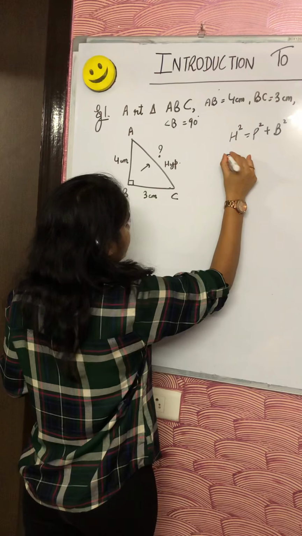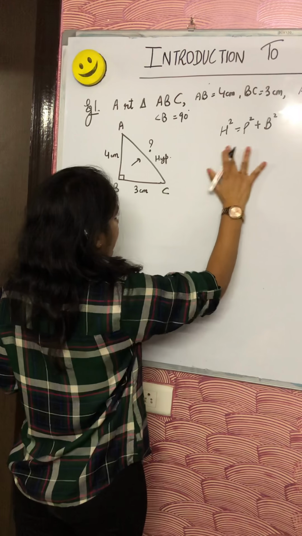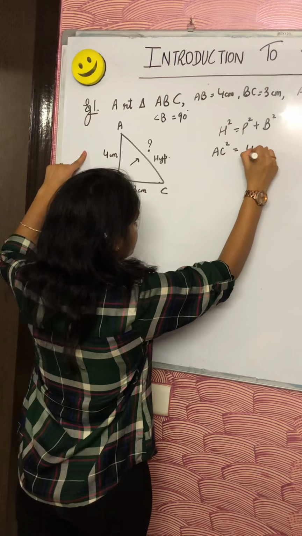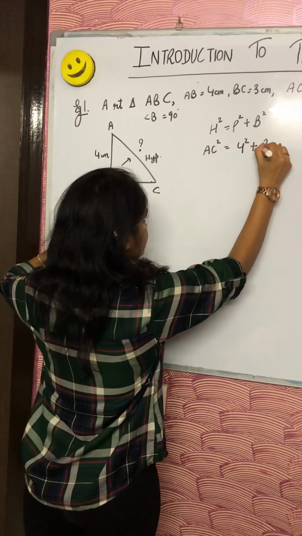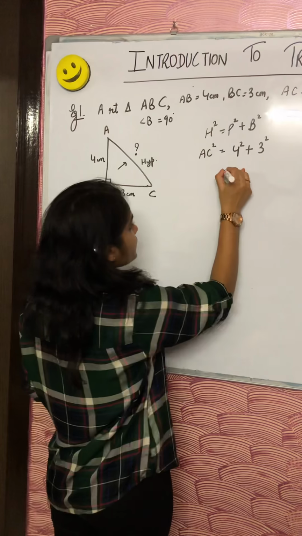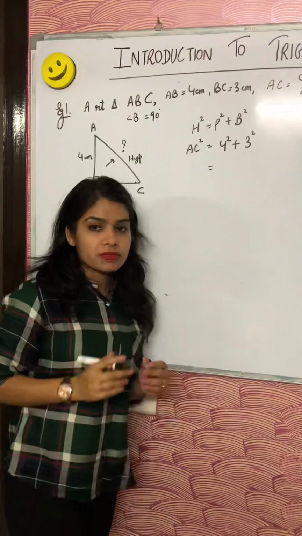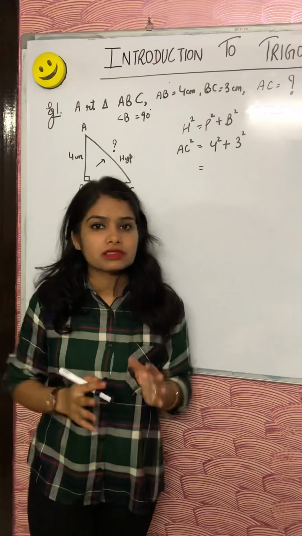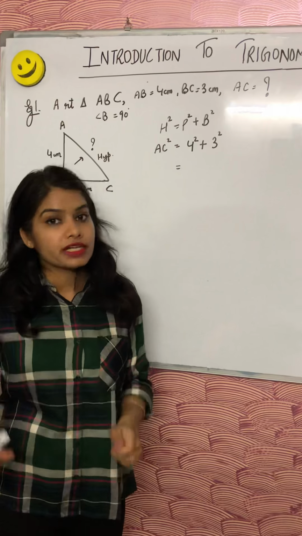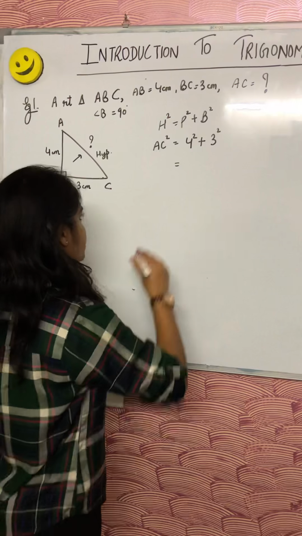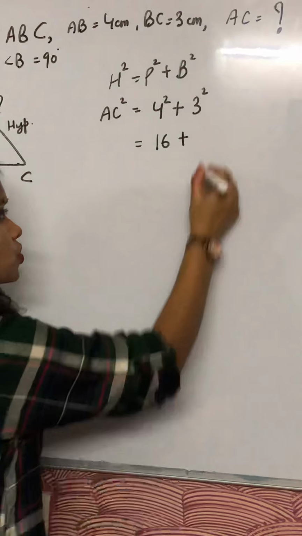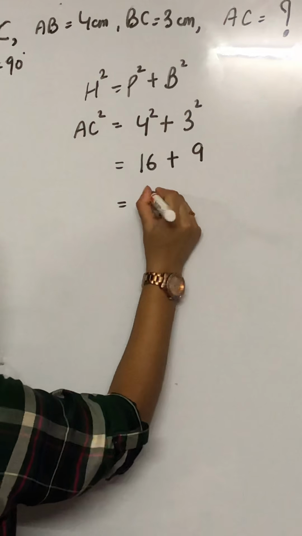cause any problem. So hypotenuse is AC, perpendicular is 4, base is 3. You can solve it and it's so easy. 4 square. And remember students, we have to learn the squares from 1 square till 20 square. This will help you a lot in this chapter. So 4 square is 16, 3 square is 9. This you will get